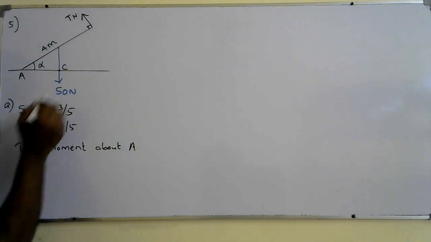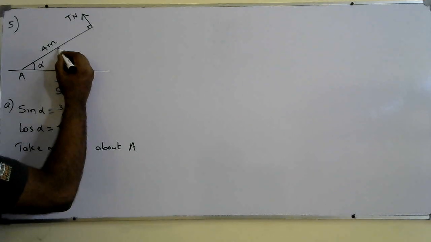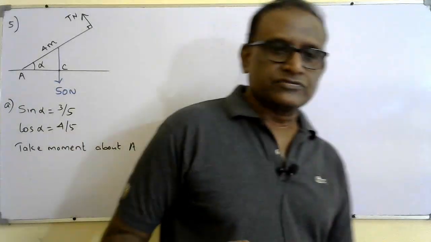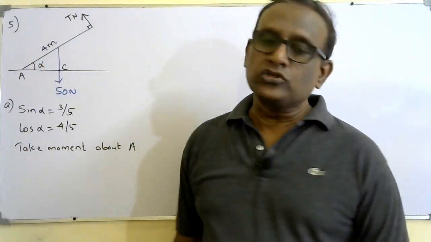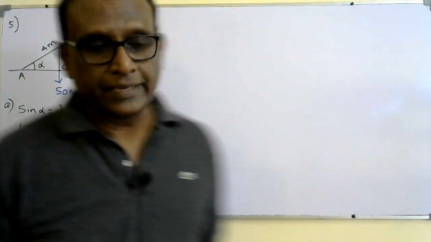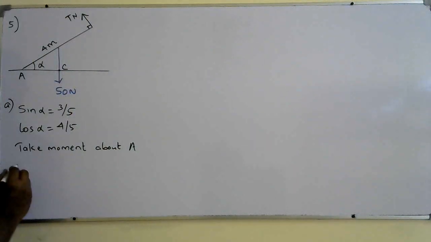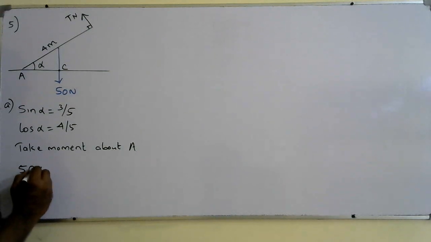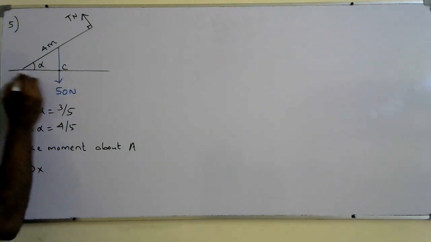About A. So the only two forces acting on it are the weight at the center of mass, which is 2 meters from A, and the tension. Those are the only two forces acting on the rod AB. So clockwise moment is 50 times the distance AC,